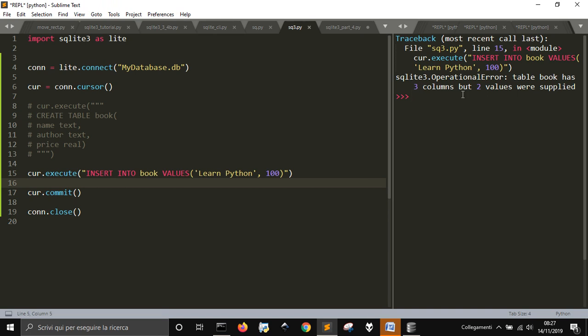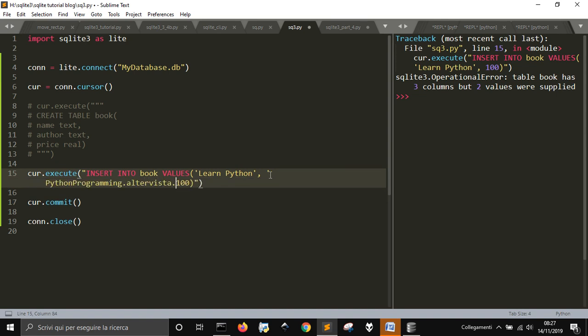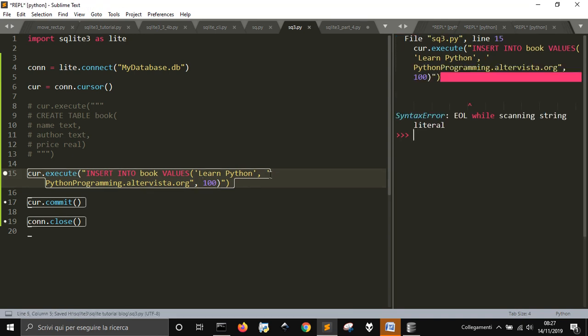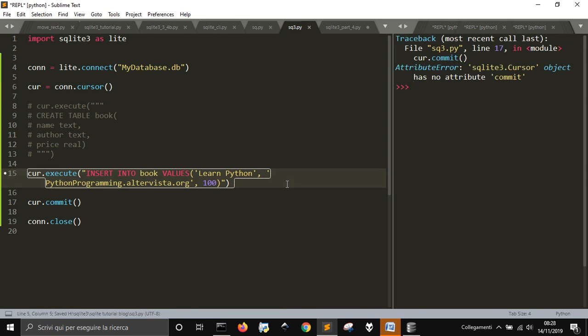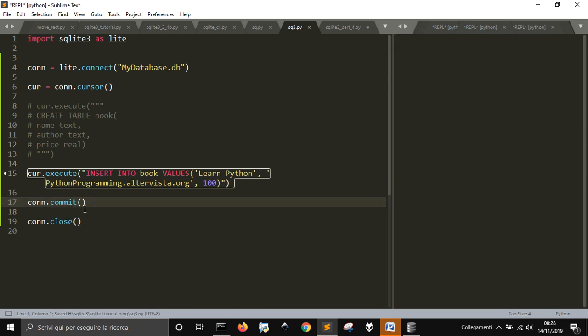Table book has 3 columns, but 2 values were supplied. Okay, we've got to put also the other, and let's say that is Python programming.altervista.org, and let's go. Okay, I made another mistake because I must use single quotes, single apostrophes here. Oh yeah, here I've got to write con, not core, and